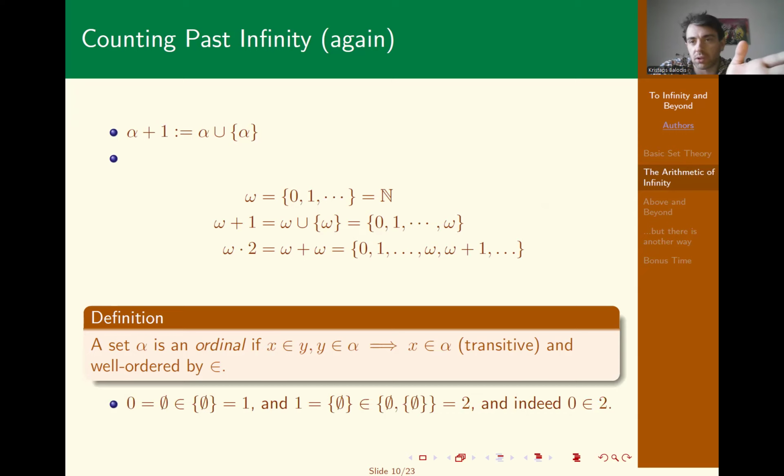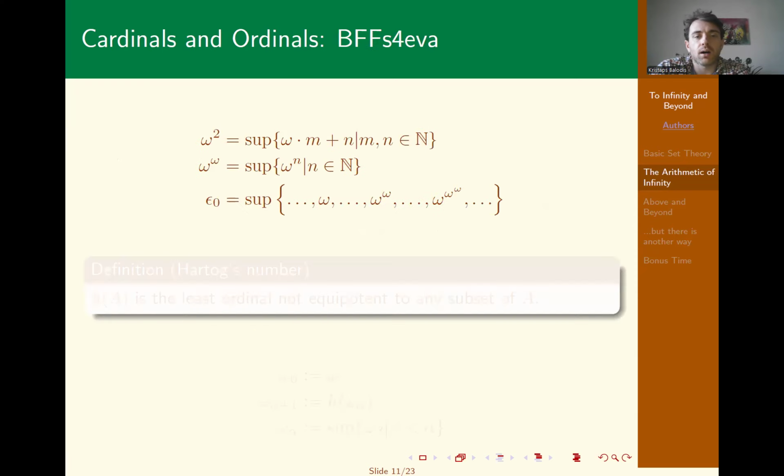I put a little example down there, unpacking the definition of the number two, saying zero is an element of one, one is an element of two, etc. And there are all of these other things. I haven't explained all of them very well,